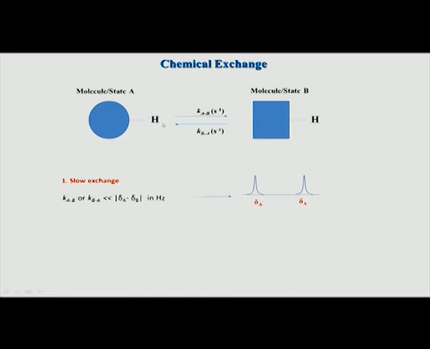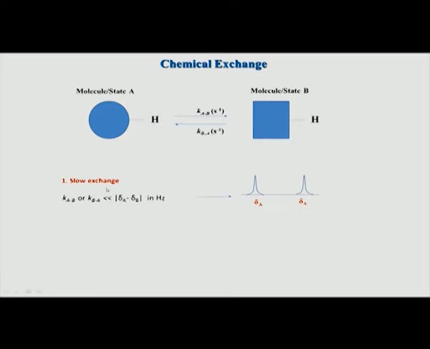In the last class we looked at different chemical exchange processes, whether they are slow or fast, and how it is determined. So, let us continue with that in this class. This is again shown here: if you have two different molecules or two different states, the hydrogen atom is going from one state to another. We use the words state A and state B, and there is a dynamic equilibrium or exchange going on between these two states.